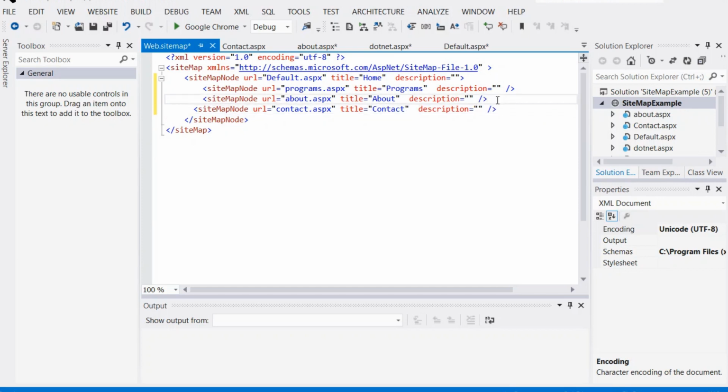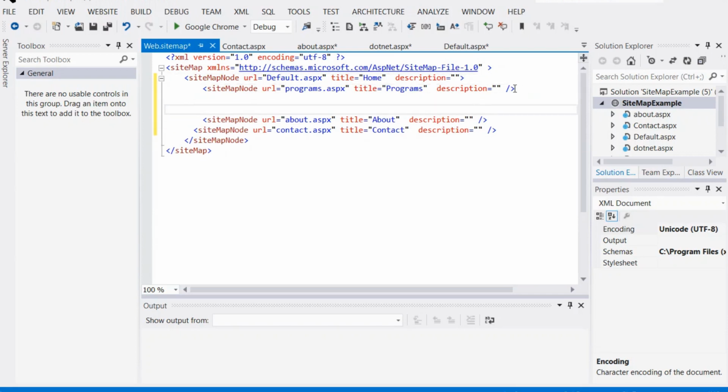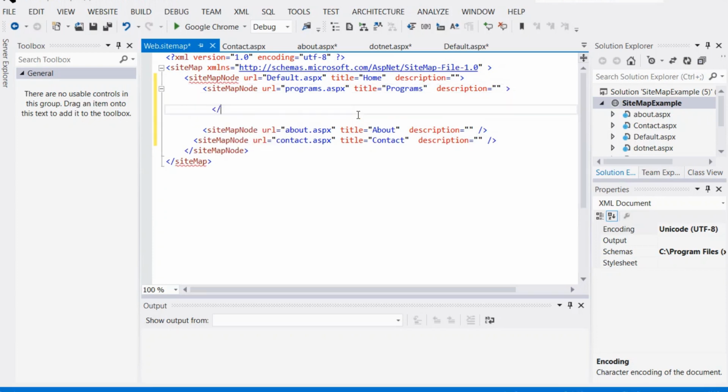Further, our programs page also had two sub pages, one was ASP and one was PHP. So what we will do, I'll close this node here and will add the child items inside this node.